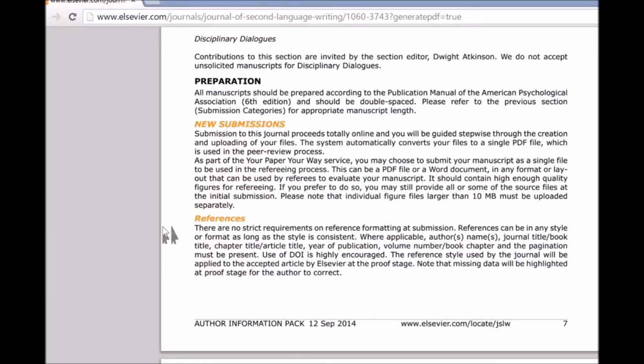And that could be important. One of the difficulties in my field is some of the styles are very different. So if you have to switch journals or submit it to a different journal after you get rejected, you have to really spend a lot of time rewriting the references. So in this case, you can at least keep one format. So if you already have the references, you don't have to change it.